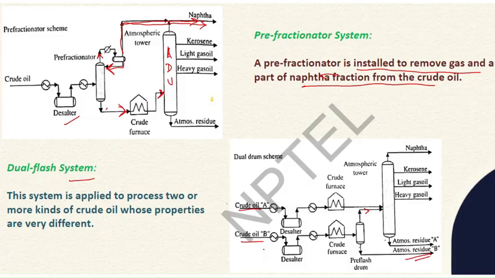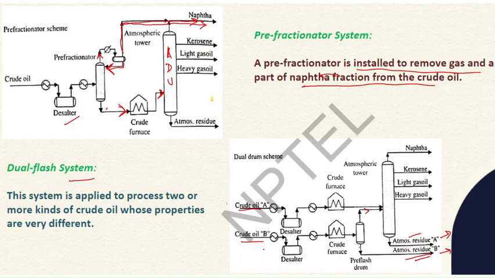Okay. So basically here the motive is to separate the atmospheric residue of the two different types of crude oils, because sulfur is mainly present in the atmospheric residue. In the lighter cuts, we will be ensuring that no amount of sulfur will be present, because if it is present, it may cause corrosion and different other problems when used in our daily life. So mainly the presence of sulfur or different impurities is associated with the atmospheric residue. So our main motive is to get the residue from both these different crude oils in different streams.